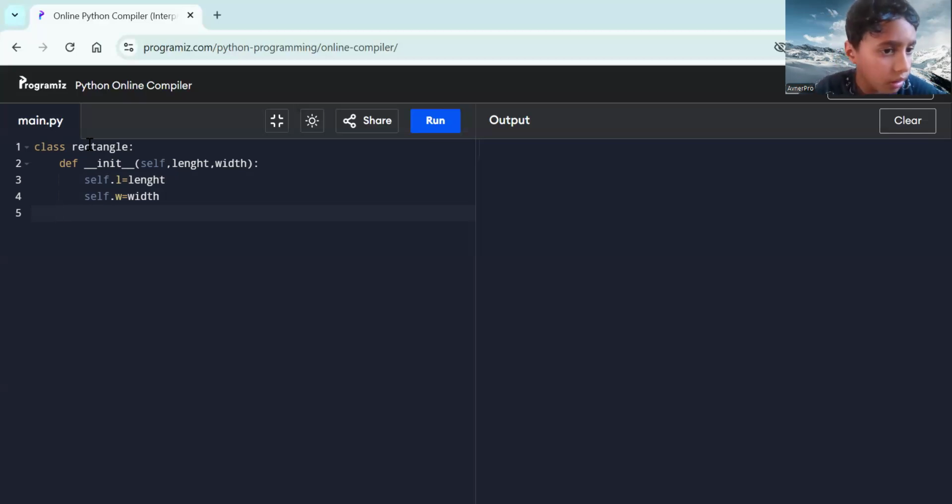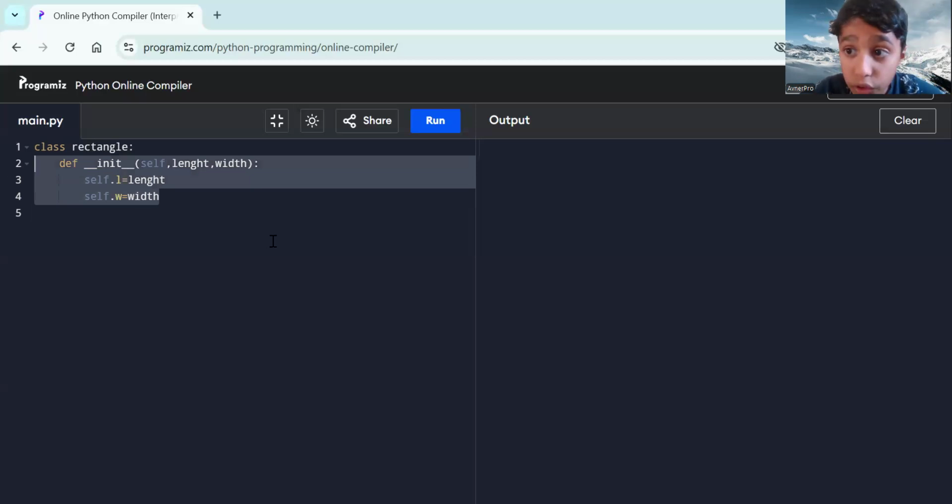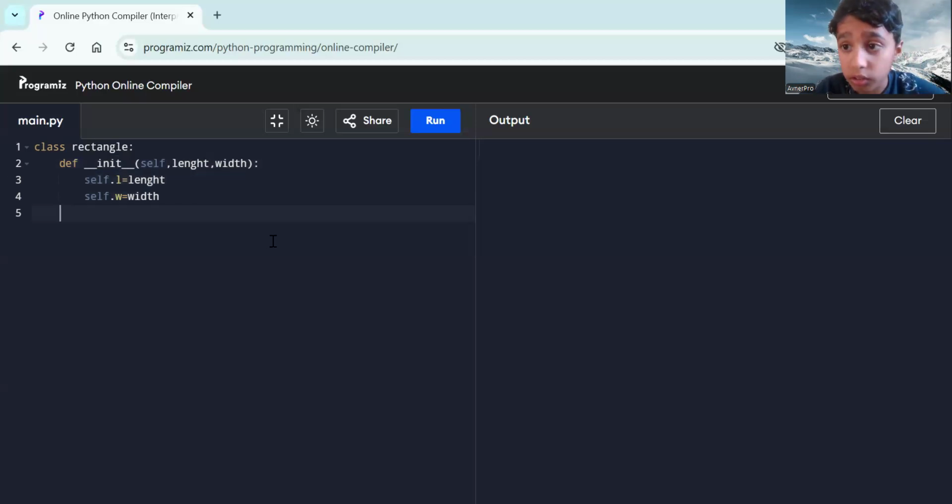That's basically pretty much it. So this is what you have to do after you make your class. Always. It's important to do it, especially when you get to advanced stuff, OOPs. Even basics, you should always do it. So let's continue. Define. Now we have to make area. Area, self,